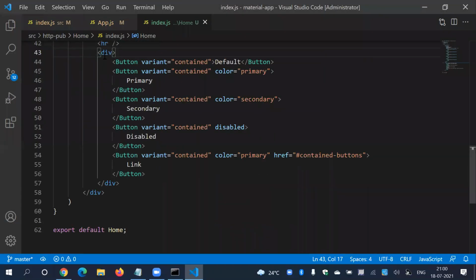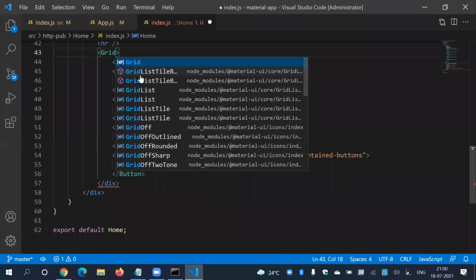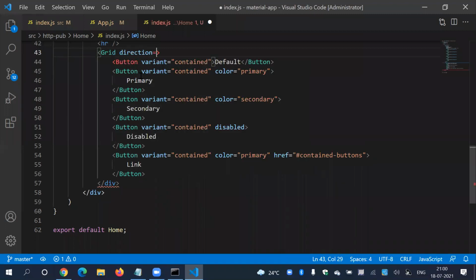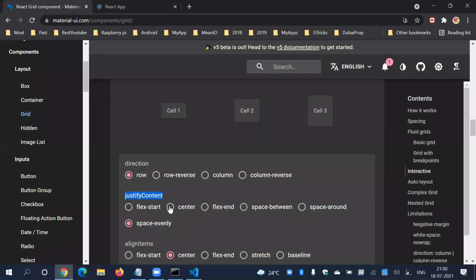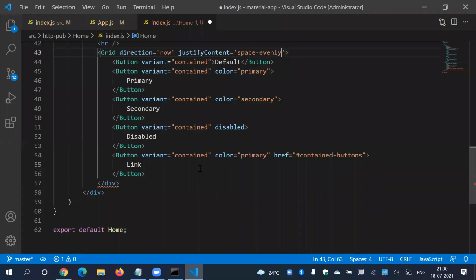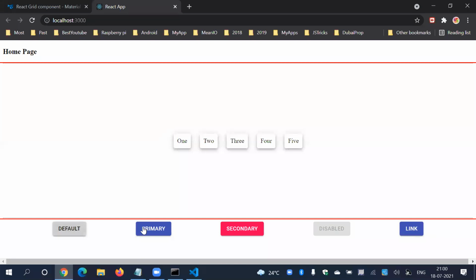What I'm going to do, instead of grid, I'm going to use a div with grid. Then I'm going to say direction must be a row. Then here say justify content, and then in brackets, what is the right word, space evenly. Just copy and paste it over here, and that's it. Here closing grid. And one most important word that we missed is container. That is container actually. Here we got 1, 2, 3, 4, 5. Awesome.